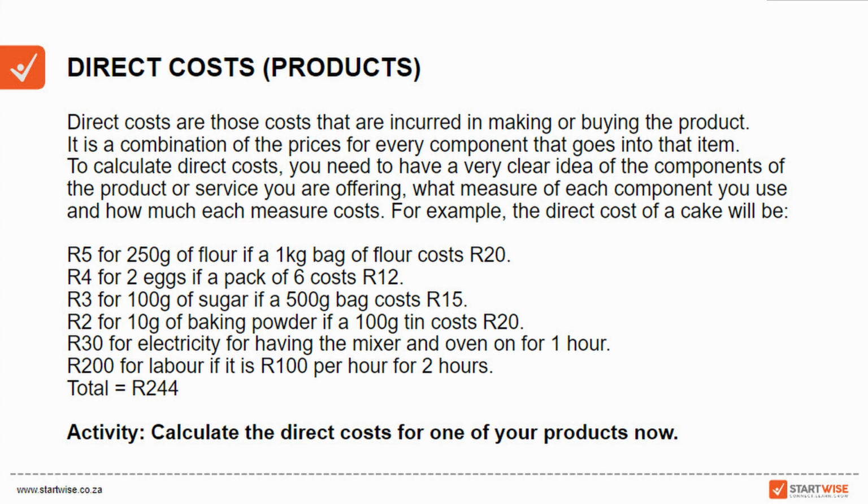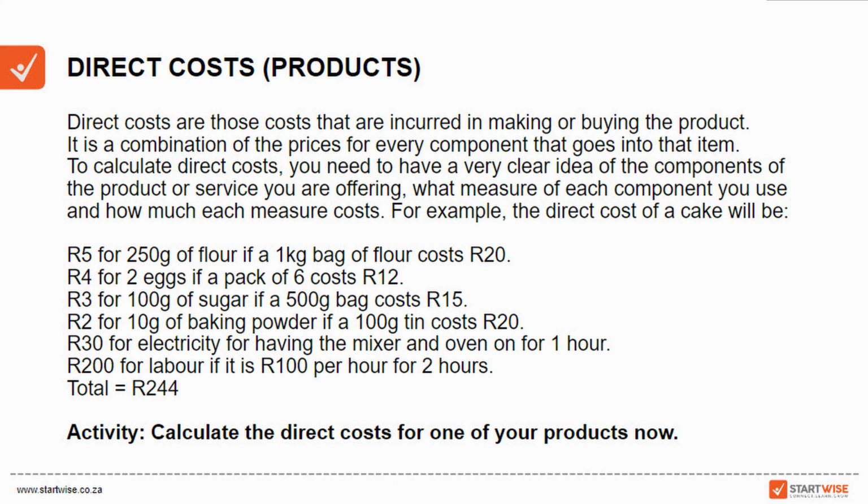So in this case, your labor is different from a salary in the business. So let's say you've got a baking business and you employ an admin person. You don't add their labor or salary into your direct costs because they're not there physically baking the cake. But if it's somebody physically involved in actually making the product, you can include the labor as a cost of sale. So just think of that and how it applies to your business.